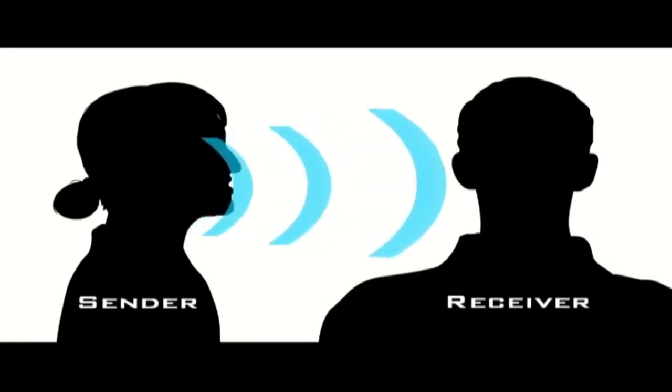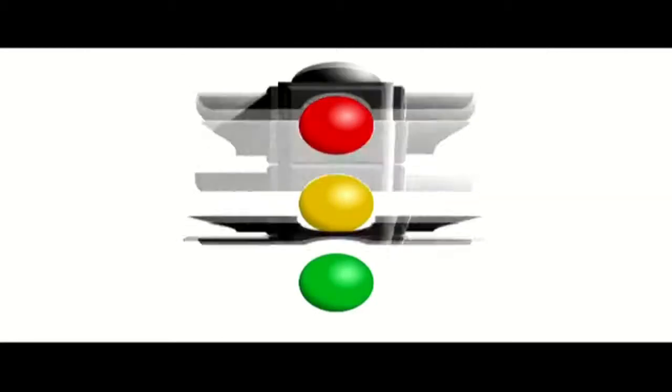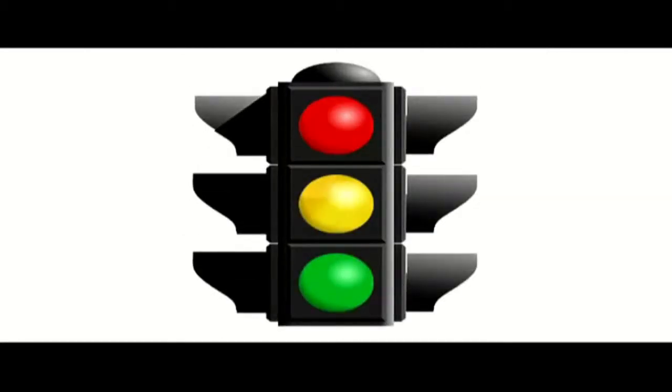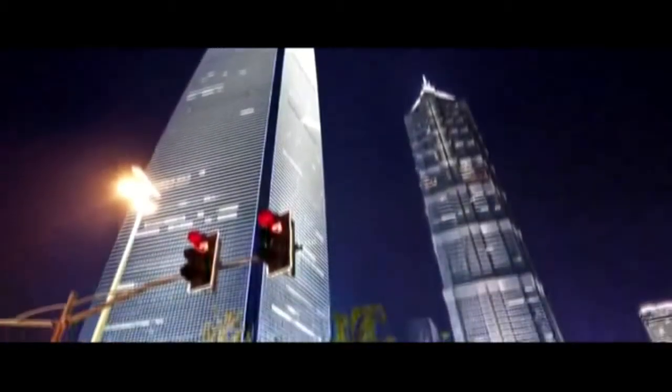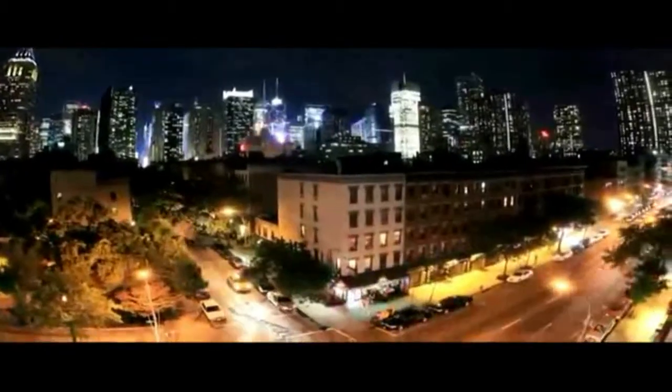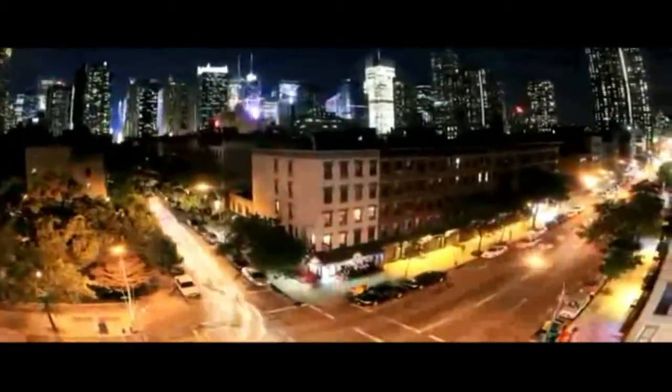Information must have a sender and receiver in order to communicate. For instance, these flashing lights have no meaning to us. But what happens when we place them in a straight line and add color? Now we recognize the code that's being transmitted, directing us to stop at red and go on green. This preconceived knowledge is important, and it makes a big difference in our everyday lives. In fact, without this knowledge, our travels would become quite chaotic and dangerous. So you see that even a simple code like these traffic signals can be considered information if knowledge is sent and received. In a moment, we'll discuss the information in living systems, but